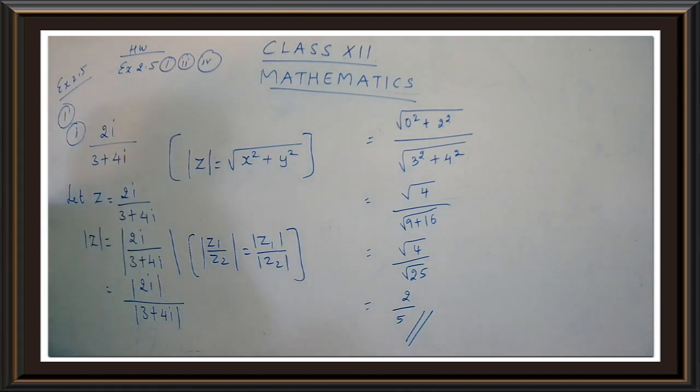The second one is just cross multiplying and you have to get the answer. That's very easy. You have to use the formula and proceed in the same manner we did for the first subpart. And the fourth one is an easy thing. You have to multiply and make a complex number. After you get a complex number, you apply the formula and you get the answer. So from question number 1, the second subpart and the fourth subpart will be your homework.